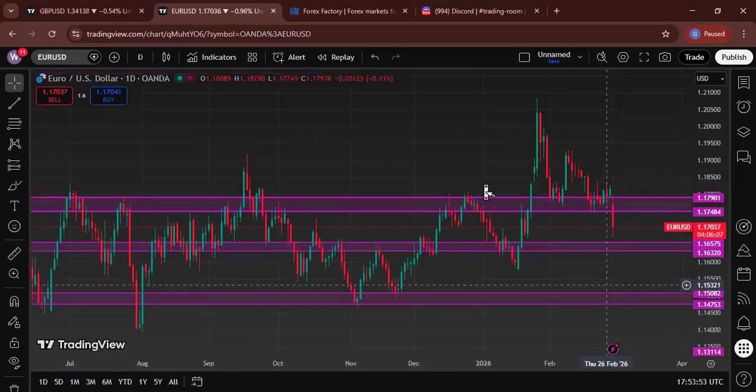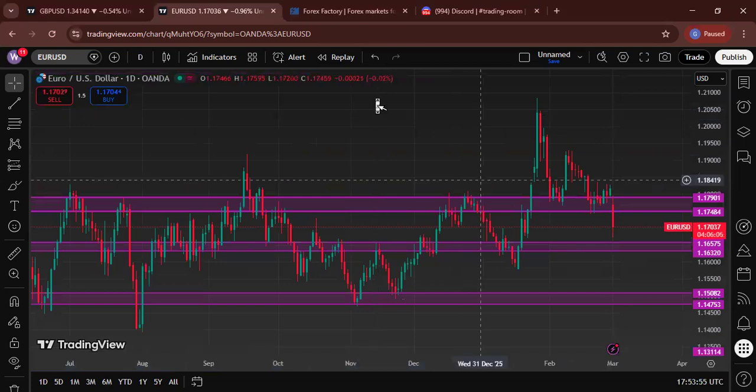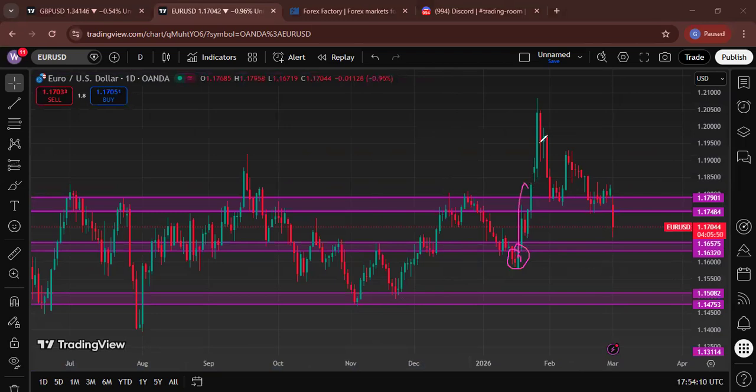Yeah, like this. So with having it like this, you have the full range. We have the full range being from here. We have a range from this area, all the way to these highs and back to this area. You have a range there, but also now you have the major range from